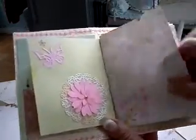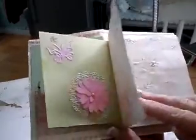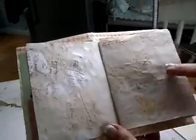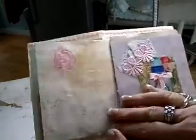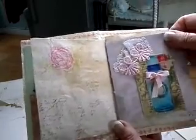The paper is tea dyed and coffee dyed, and it actually was gifted to me from Betsy Doodle. I have done some stamping on it, butterflies and words and that, but you can still write over it or stick things on it. This one is just a decoration page really, and I've also put